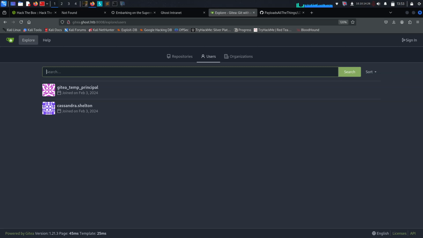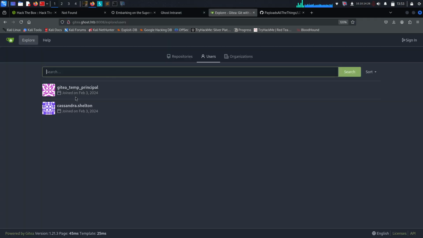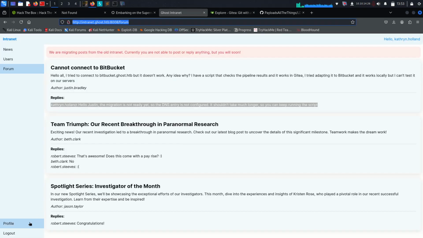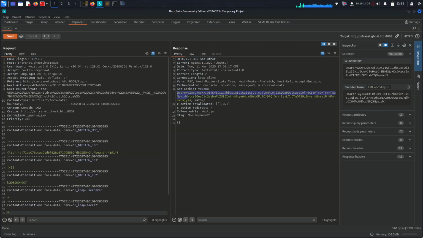And don't forget, we got LDAP injection, and we are trying to grab the password of one of the users over here. So we have just two users, and we have LDAP injection. So for example, let's try to grab this user's password with LDAP injection. I'm just going to log out. It does not need to be logged out here. Everything we need is over there, and now we just need a small